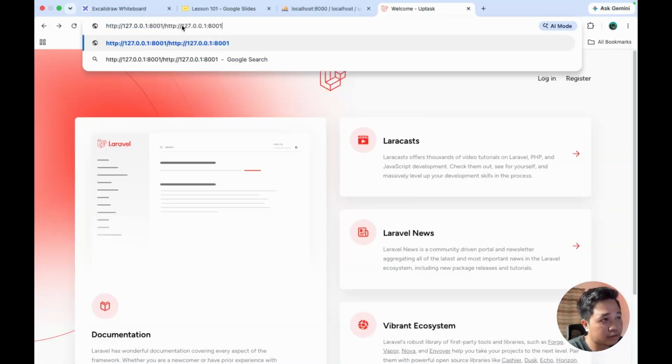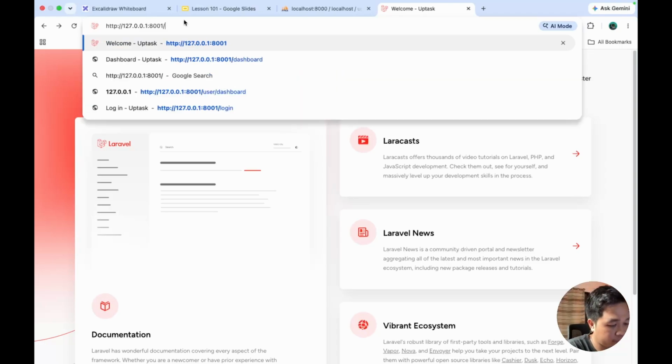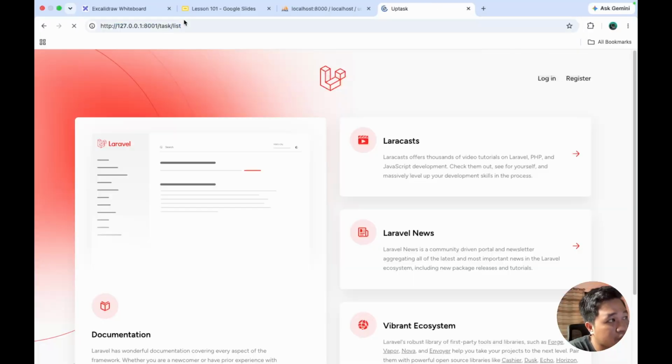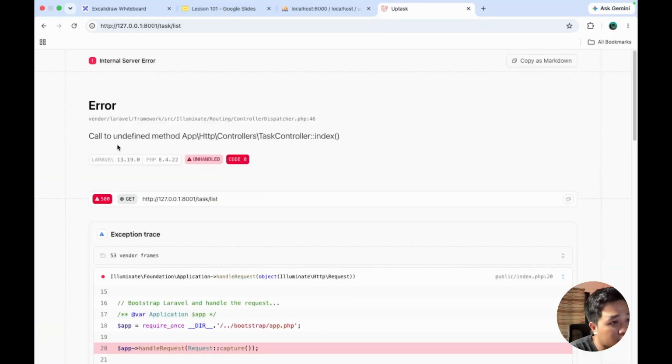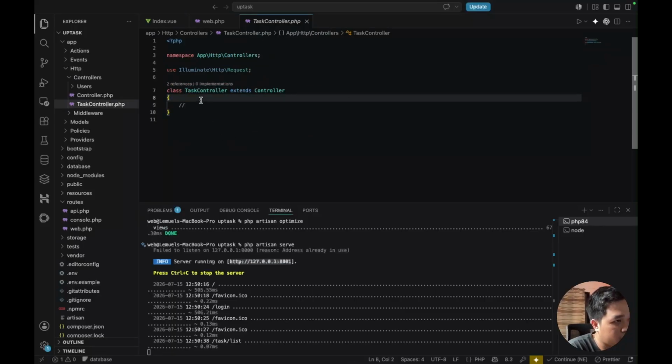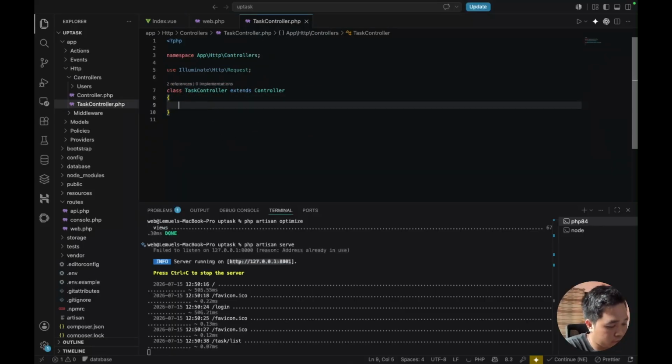So first we need to access our task list. So type task, then list. As you can see, I wrongly typed the task. So as you can see, call to undefined method in our controller, which is namely index. So we need to make that function inside our controller. So let's go to our controller and make the function, public function